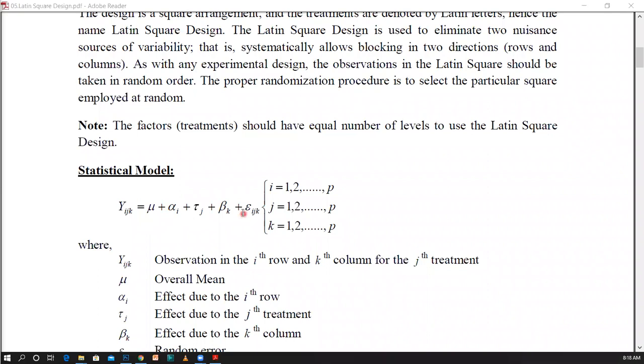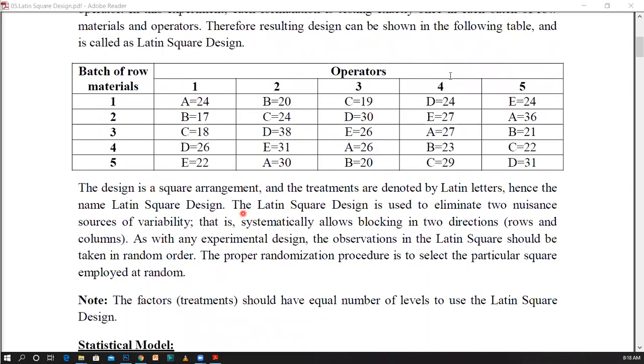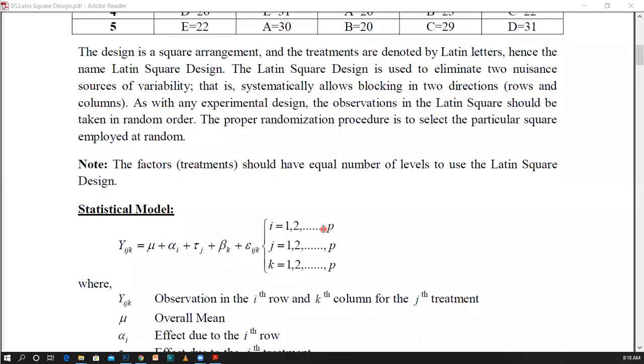It is because we are not going to identify the interaction between the operator and the raw material, or the operator with the mixture, or the interaction between the raw material and the mixture. Therefore, we are not going to apply any interaction terms in the Lattice design. Therefore, it can again be said to be a totally additive model.